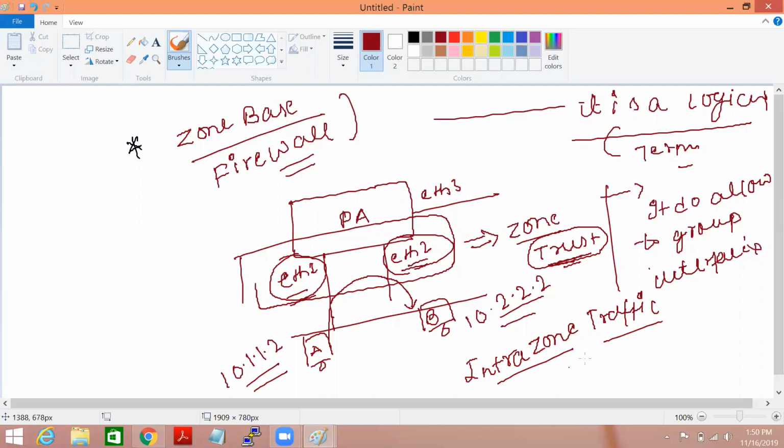Okay. Let's say the Ethernet 3 interface I put in a zone which is also logical, untrust. So if traffic goes from trust to untrust, this type of traffic is known as interzone traffic.